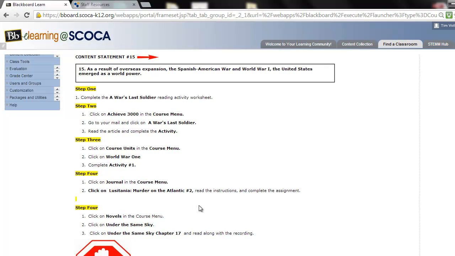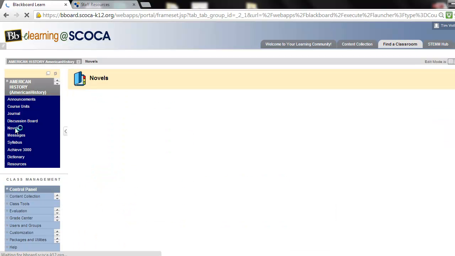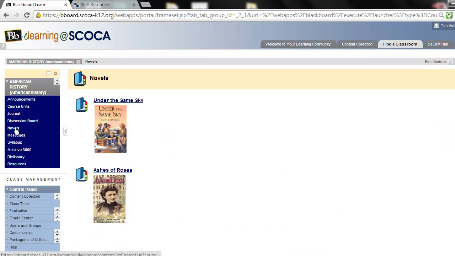Click on Novels in the course menu. Click on Under the Same Sky. Click on Under the Same Sky Chapter 17 and read along with the recording. So once again, this is something that they do a lot. They know we have this link in the course menu called Novels. And any novel that we're reading, I have a little